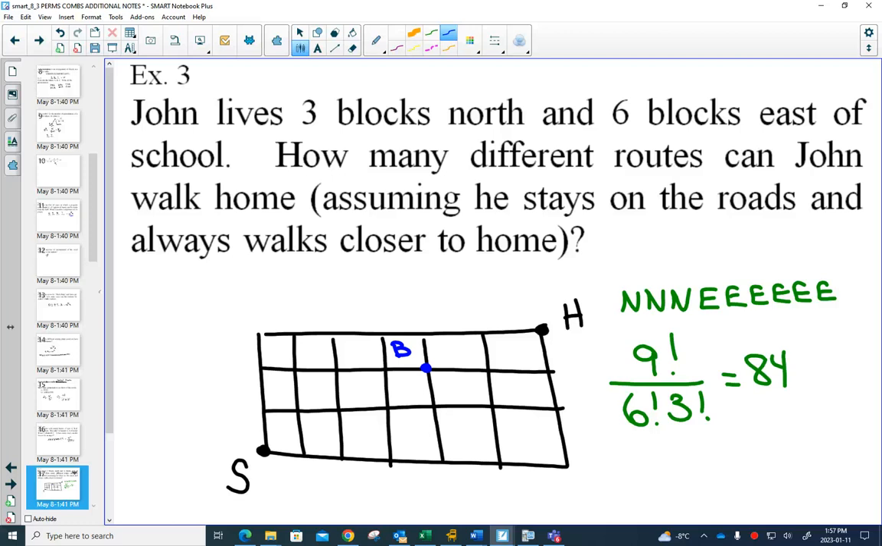house? Well, can you see that he would never, right now, we could take out,